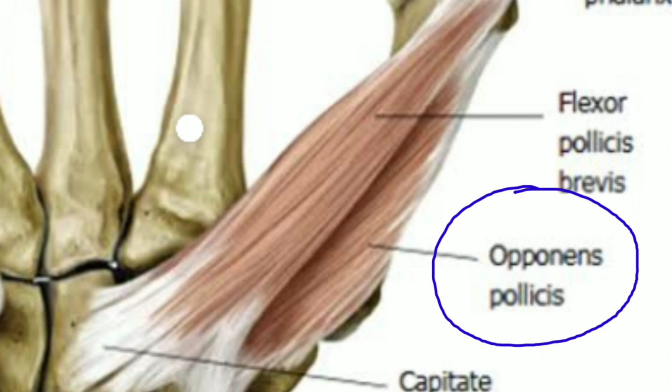So what's the action? Why is this muscle inserted into the first metacarpal, while the rest of the muscles are inserted into the base of the proximal phalanx? Because we need to bring this first metacarpal across in order to produce opposition. If it is inserted over here, it can just pull it like this. That's why this muscle is inserted on this side. I think you got a clear picture about this one.